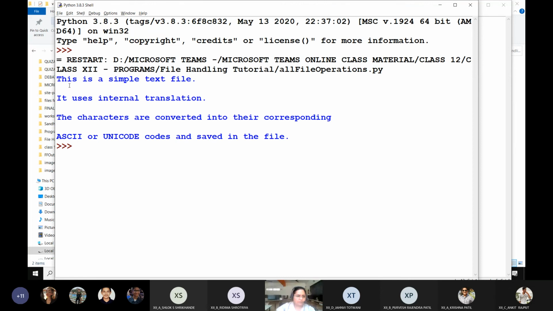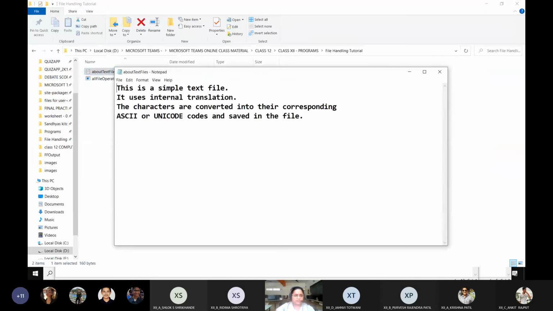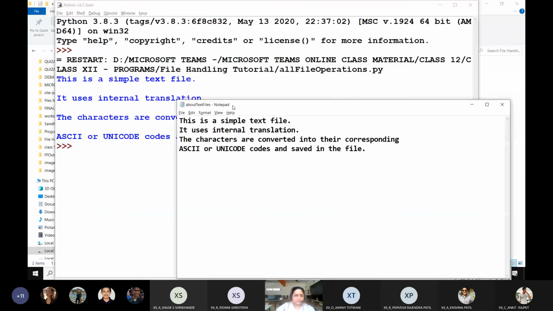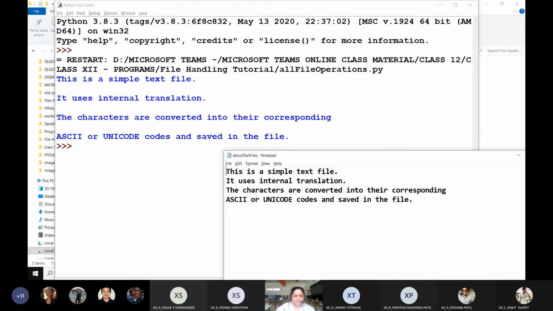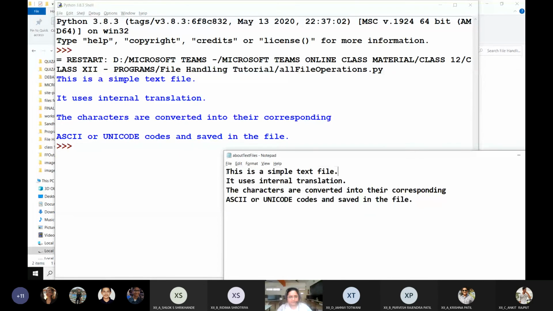And you can see all the 4 statements within the program are here. If I just open this, you can see this is the program. This is the actual file. And you can compare. This was the text written within the file. And this is the text from the file which is displayed. And you can also see a blank line after every line. That is because each line within this text file is delimited with an end of line character because it is a text file. So there is an end of line character, that is a new line character after every line. So it is reading that new line character to change the line.